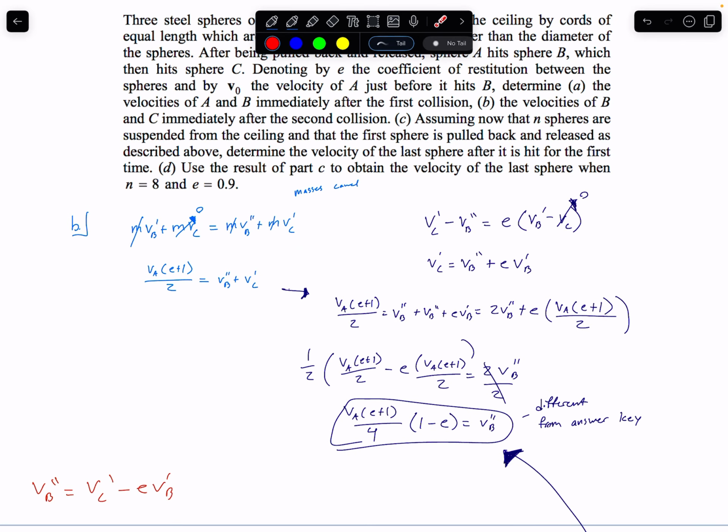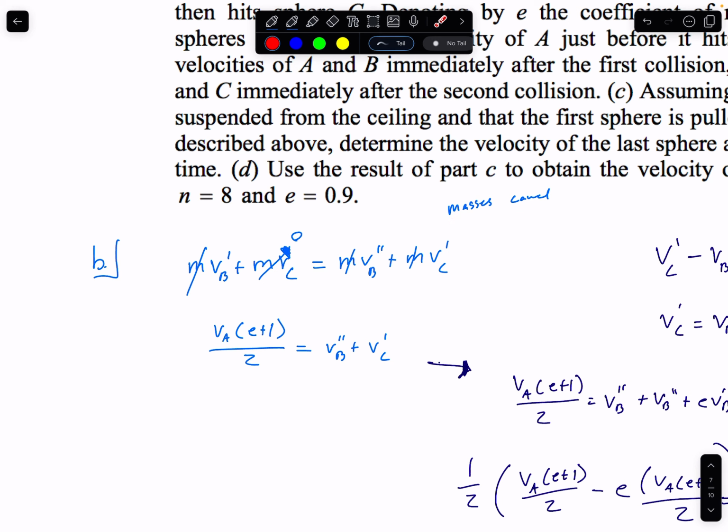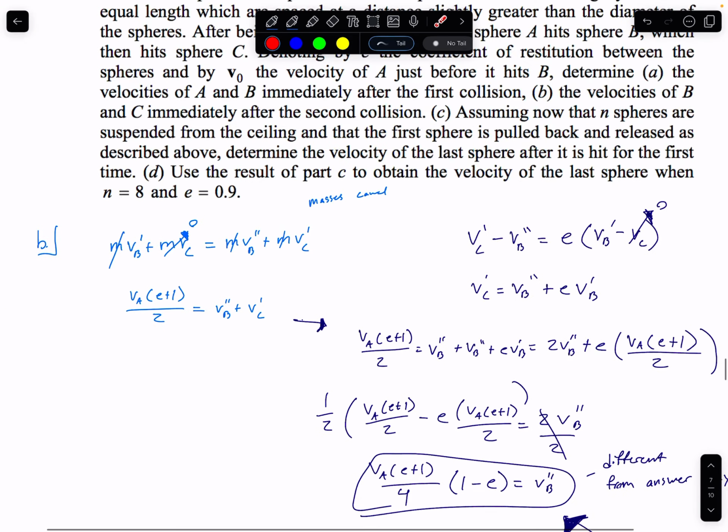And for part B, again, masses cancel, but we have mVB prime plus mVC, where VC is equal to 0, is equal to mVB double prime plus mVC prime. And so again, masses cancel, take all those out. And we also have the same equation as before. We know that VC equals 0, so